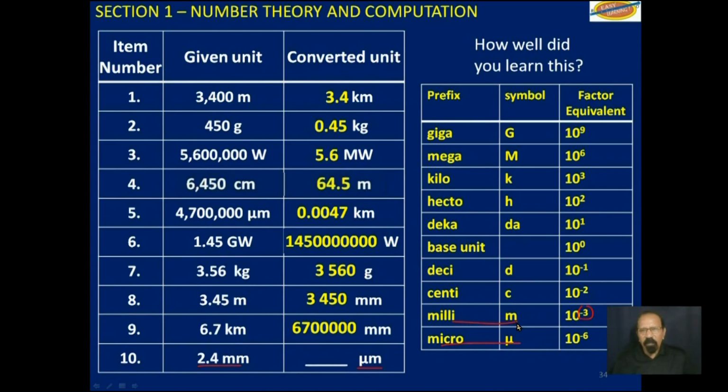So it takes 1,000 of this to make 1 of that, so we have to multiply by 1,000 since we are going from millimeter to micrometer, a larger one to a smaller one, multiply by 1,000, which is 10 to the 3rd power. So that 4 will take one of the zeros, and you add 2 more zeros. And so you get 2,400